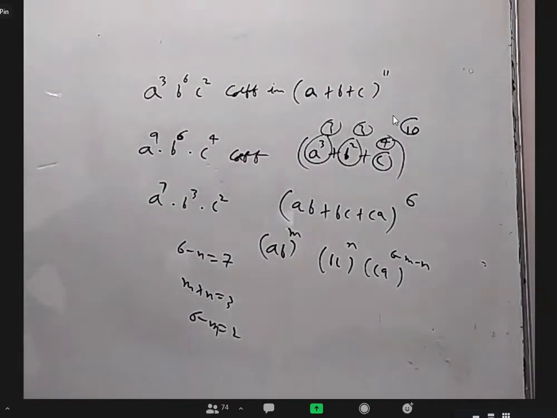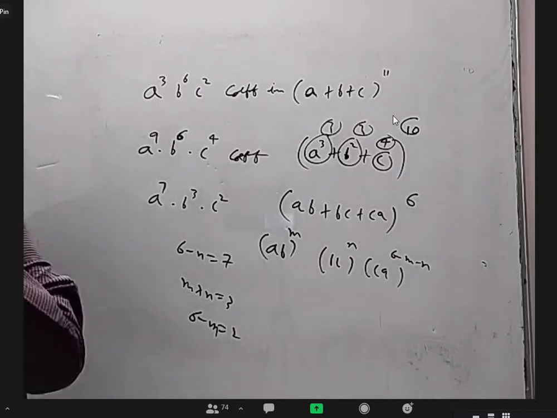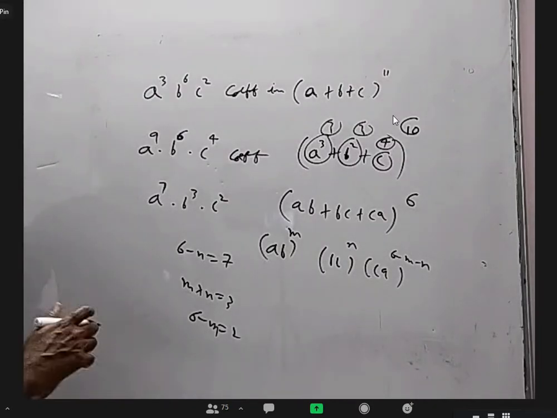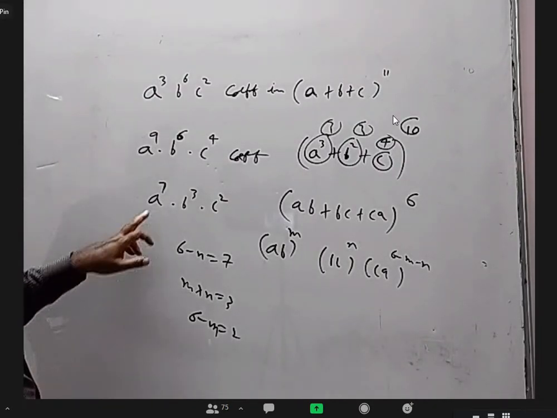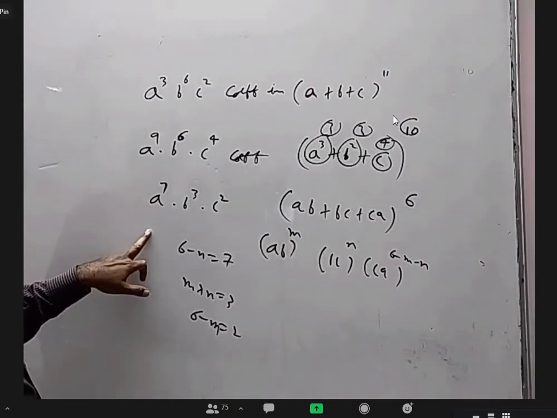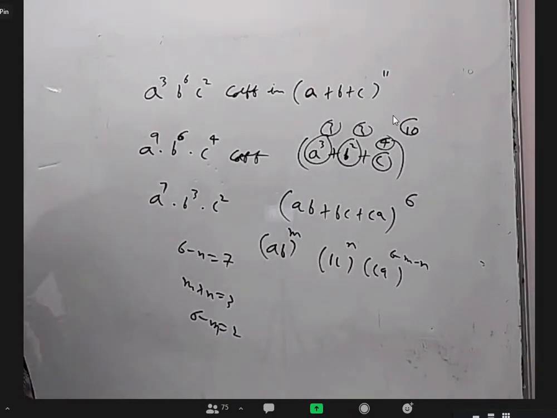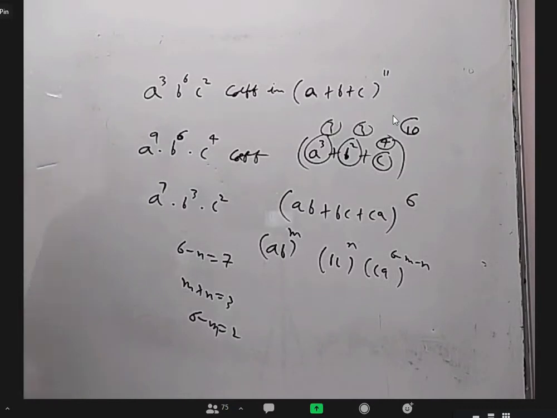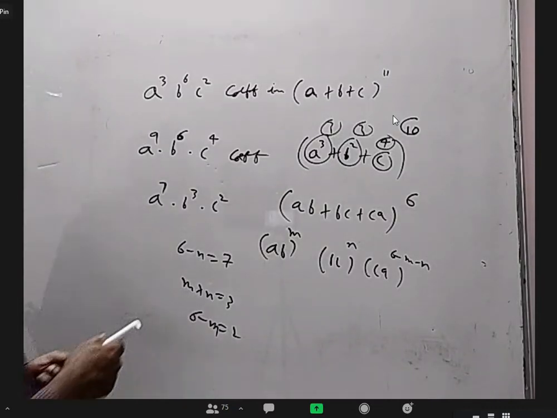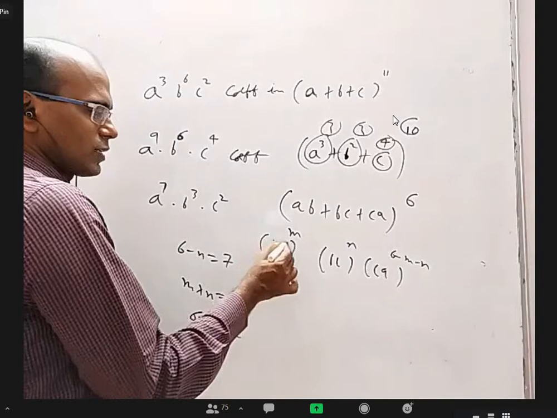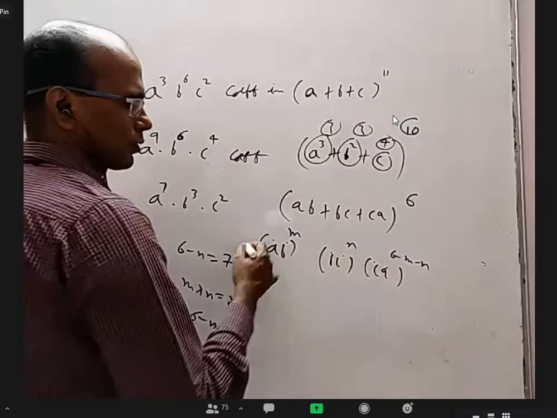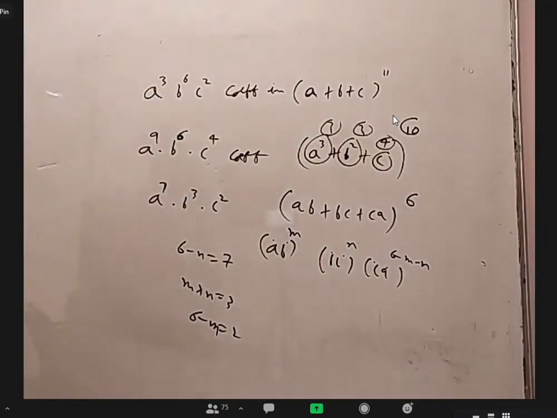Huh? Did I write something wrong here? Yeah, I cannot get it. I can get more than 6. Sir, that term is not in the equation. Yes, sir, it's not occurring in the equation. I'll tell you why it will occur. You know why? This will have some power, this will have some power, this will have some power, this will have some power. Sum of all the powers will not be 6 now, it will be 12.